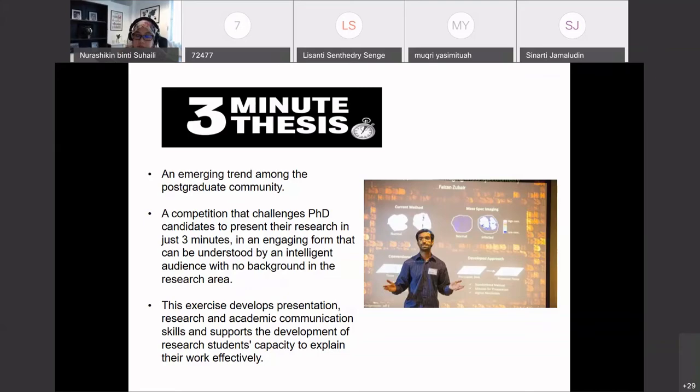So later, if you enter the lab, you'll see lots of PG at the lab. They are doing master degree and their PhD. Okay. So just to introduce you the term postgraduate. What is postgraduate? Among the postgraduate, among those who are taking master and doctoral degree, there is an event